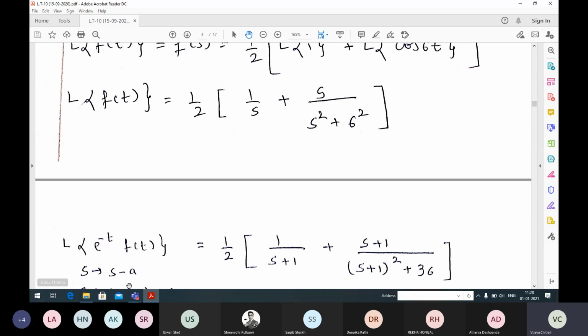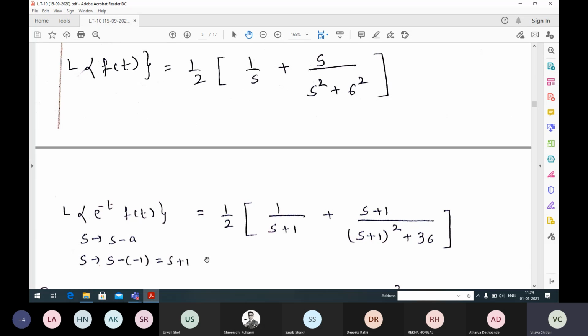Why are we replacing this with s plus 1? Because a is minus 1, so s minus of minus 1 is s plus 1. Where are you replacing s as s plus 1? In f bar s. So what is f bar s? F bar s is the Laplace transform of the function. Here the Laplace transform of the function is 1 by 2 into 1 by s plus s divided by s square plus 6 square. So here you replace s as s plus 1, because we want the Laplace transform of e raised